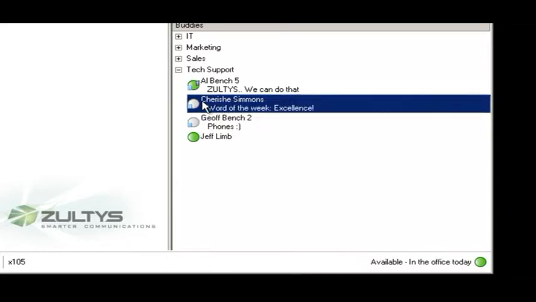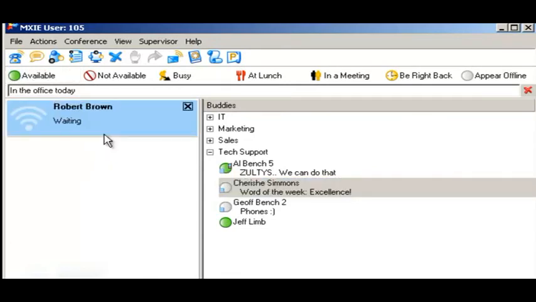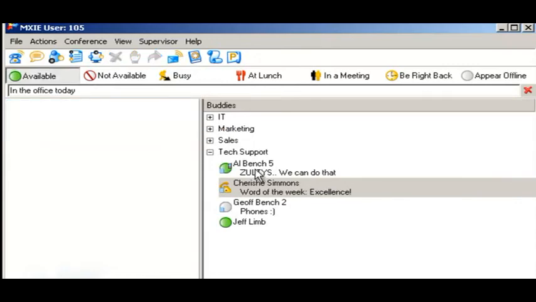Now a quicker way to make a phone call, frankly, is if Cherish is here, you can just click on her, drag her into the open call window and drop that call right here, and you'll see that automatically it starts ringing to Cherish, and when she picked up the phone, which she just did, now we are connected to Cherish in this indication right here. These options that pop up are our transfer, park, and hold, but we'll come back to those in a little bit. I want to keep going over here on this right hand side, and we'll hang up on the phone